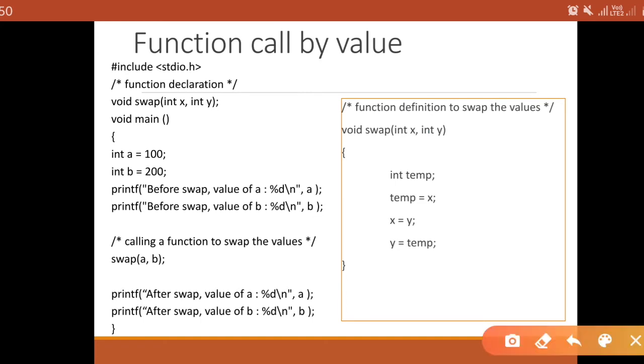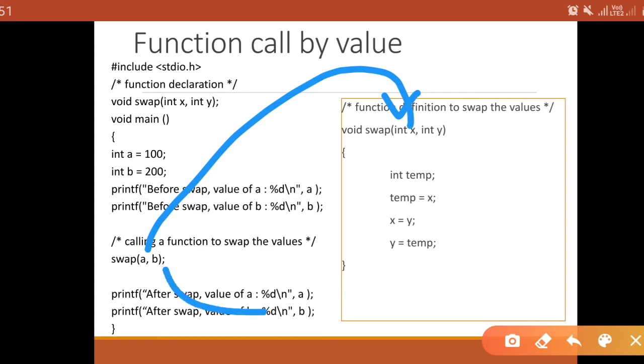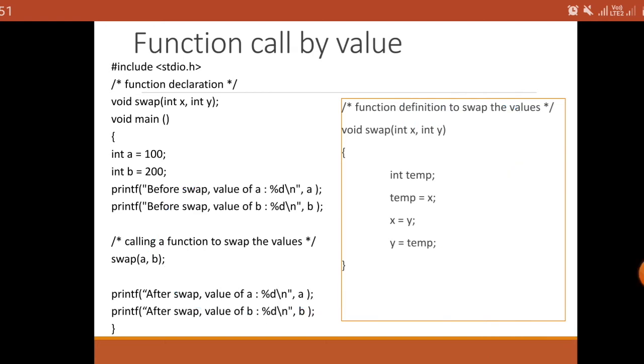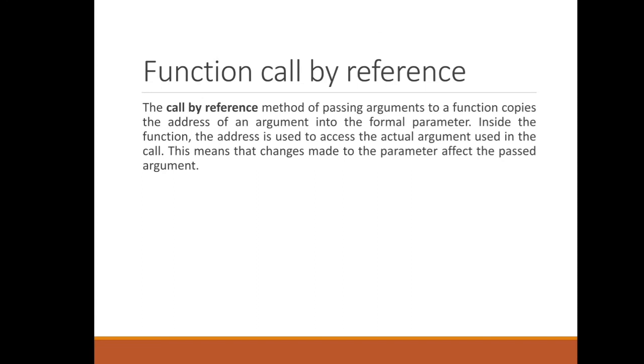Once the execution completes, control transfers back here. What are we printing? a and b. So what is the value of a and b in the main function? It is 100 and 200. Most important, call by value means we are passing the value of the actual parameter to the formal parameter. So the value of a will be copied into x, and the value of b will be copied into y. Clear? So this is known as call by value, when we are passing a value to the called function.